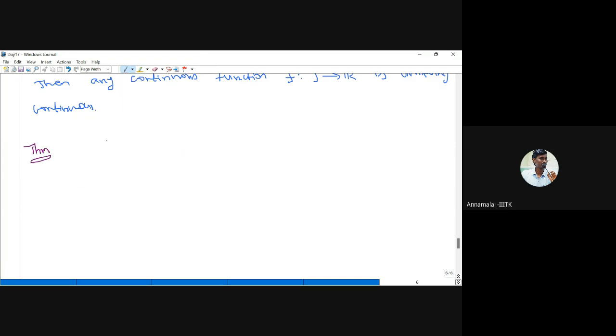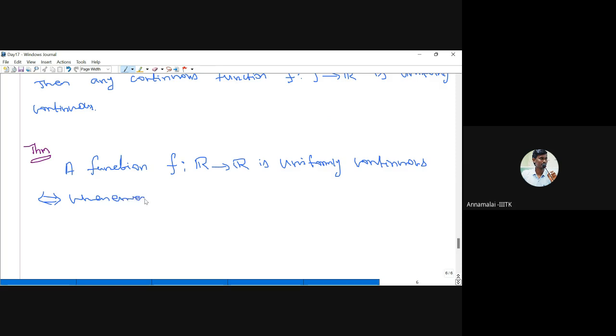So the theorem says when a function is uniformly continuous. A function f from R to R is uniformly continuous if and only if, whenever x_n and y_n are two sequences of real numbers such that